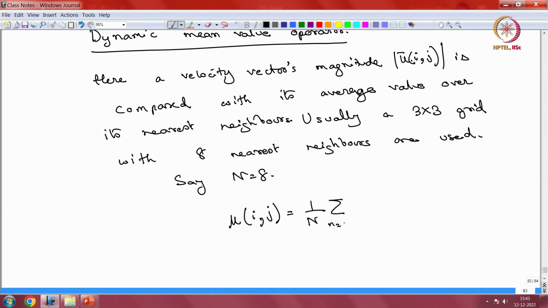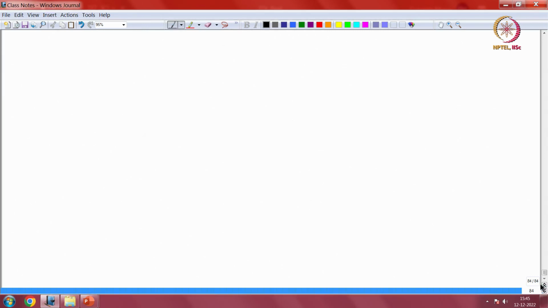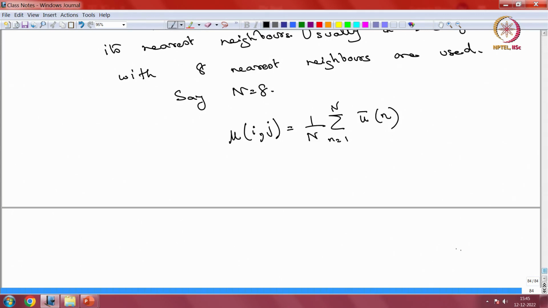So you take some dummy variable, small n, going from 1 to capital N, and you average over all the different grid points that you have. And then you also define this quantity sigma squared i,j as 1 by N, summation n equal to 1 to capital N, and then you have your u i,j minus